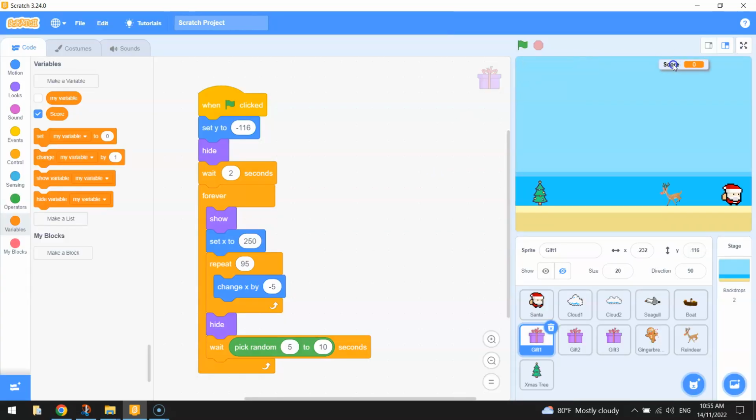And you'll see that your score appears up here at the top of the screen. You can either put it on the left or the right, it doesn't matter. I'm just going to put mine over towards the right. Now for our score,